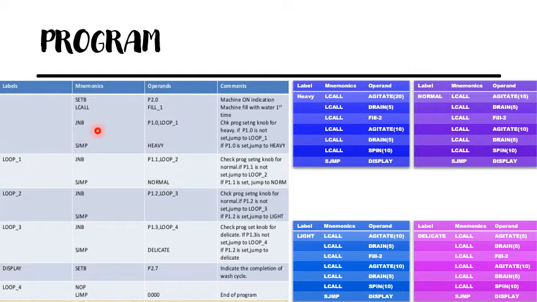If port 1.0 is set, it will jump to heavy. Otherwise it will jump to see the next mode setting.